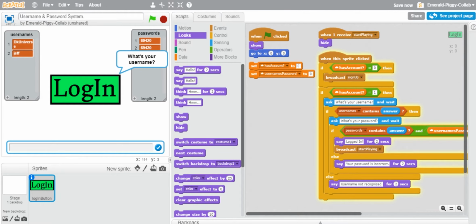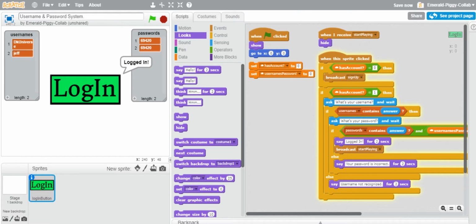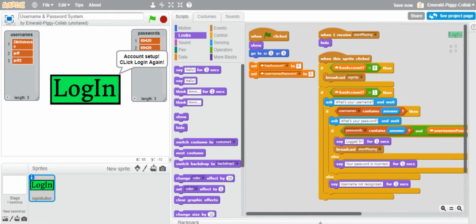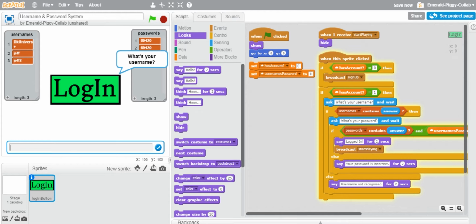Now when I log in, I can log in with Jeff only. So if I use DK Universe, well, technically, yes, I still can log in as DK Universe with the 69420 password, because that's the new username's password. For example, if I were to restart and make Jeff2 and then made the password 1234, obviously now I have 1234 on the passwords, and now if I were to log in with just normally Jeff, since that's allowed now, the password could be used as 1234 and not 69420 because